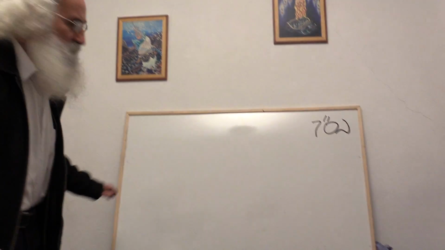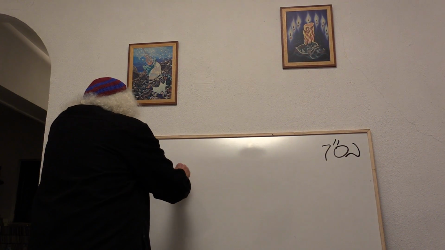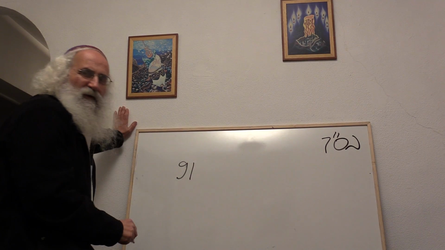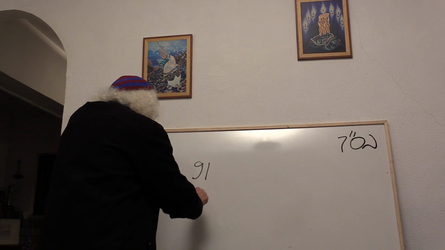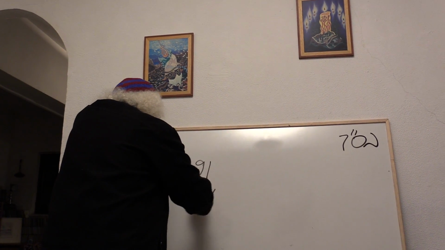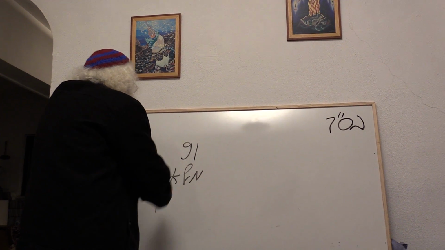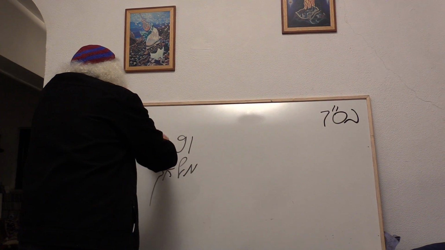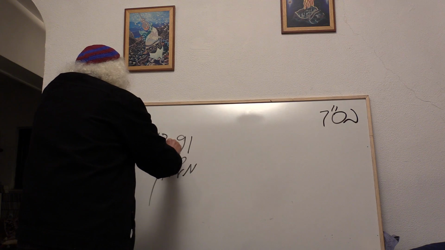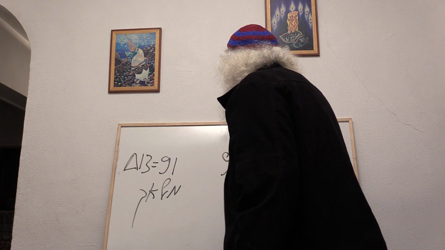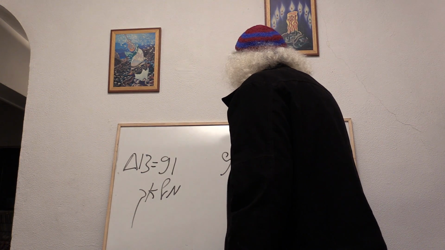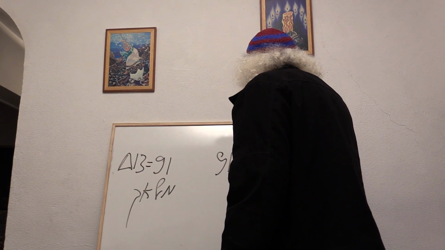Triangle of 13 is 91. What is an angel? Malach. Triangle of 13 equals 91. So we have 91 plus 91 plus 41